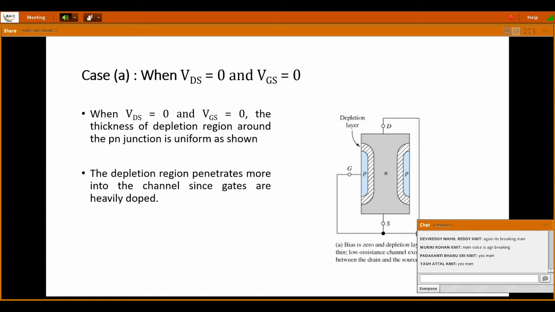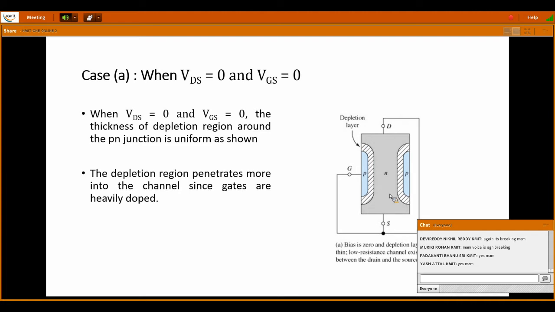See here, this operation is explained based on N-channel JFET. N-channel means the main substrate will be of N-type material, the main rectangular bar, and P-type materials are induced here. And out of these P-type materials, a gate terminal is taken out. Because we should be very clear with the type of materials. And from the N channel only the drain and source terminals are taken out.